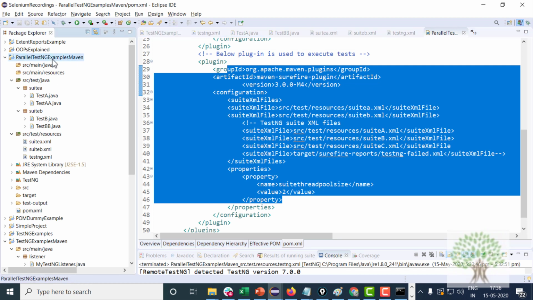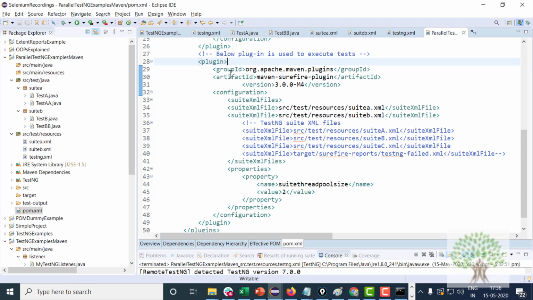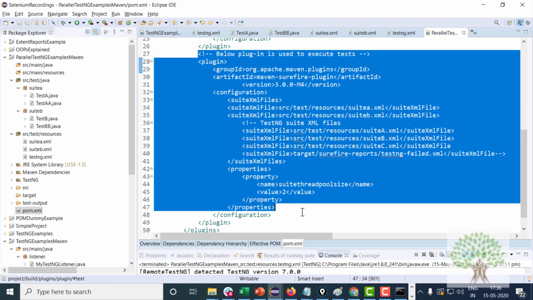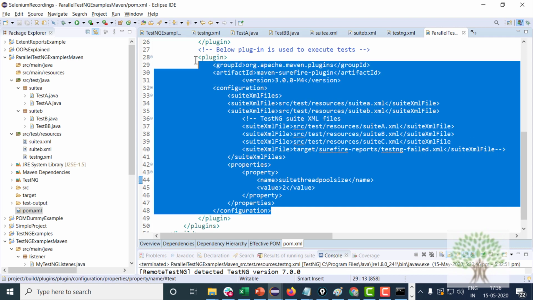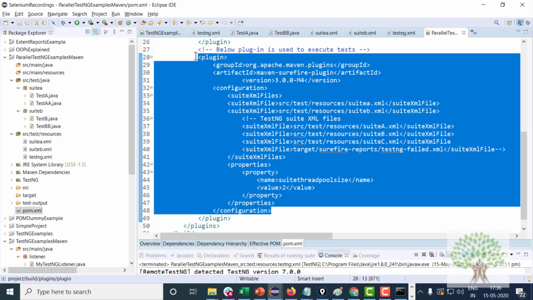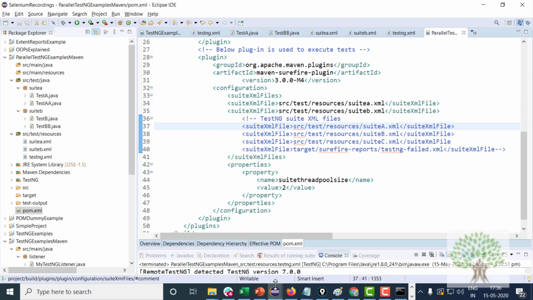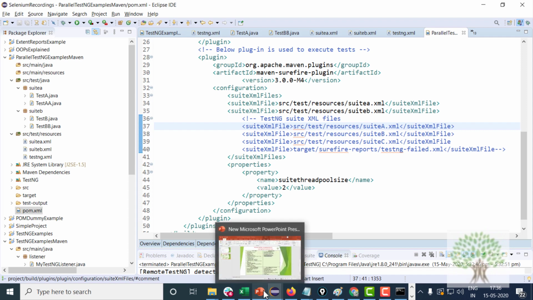But if you have a distributed network, and on the network you want to run the test cases parallelly, then you will use Selenium Grid. In Grid also TestNG test cases run parallelly this way, but Grid redirects the test cases to different machines across the network. Anyways, we will study Grid later on.